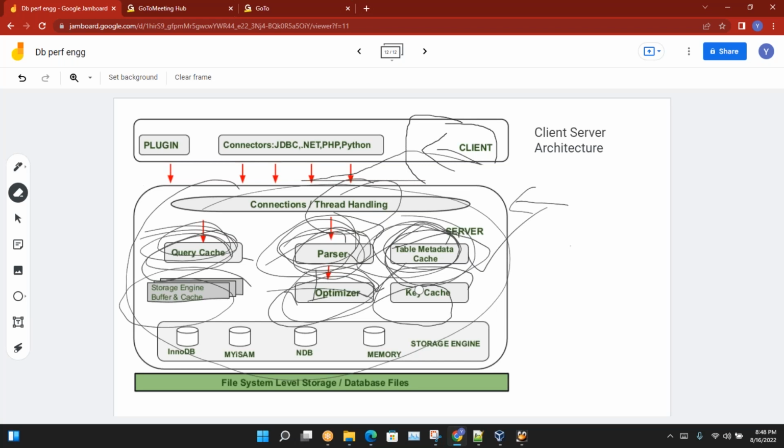Now after these components, which are just the server layer, there is something called a storage layer. You can call it that there are different types of storage engines. Now what are storage engines? You can say it's like you have data, and I created that data in InnoDB, or let's say if I created it using the memory engine or MyISAM, there are different storage engines. Now if I created those data,